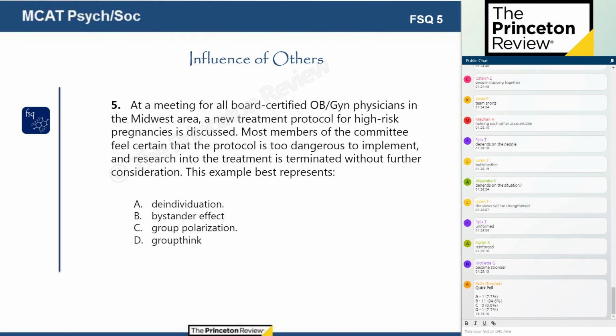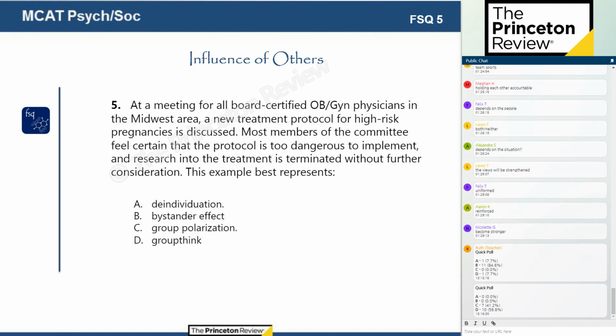All right, going to go ahead and close the poll and publish the results. And this is always an interesting one too. How you guys have split on your answers is how every group I've ever had splits on this particular question. So our answer is D. What is it in the question stem that helps differentiate group polarization and groupthink?